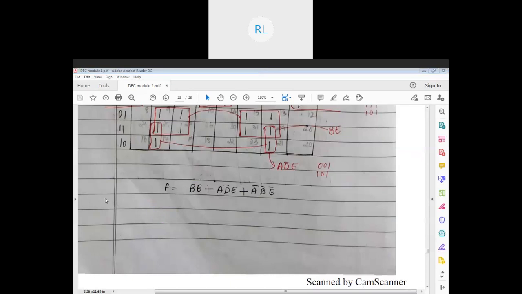So t is equal to, you can take t is equal to f of A, B, C, D, E is equal to summation,